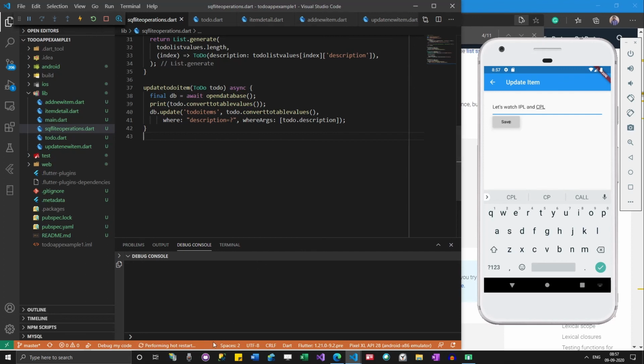It's taking time to perform a hot restart, so let me stop it and then reload it again.